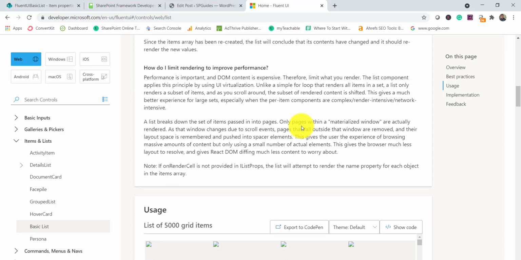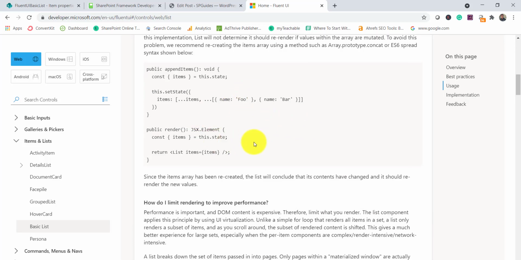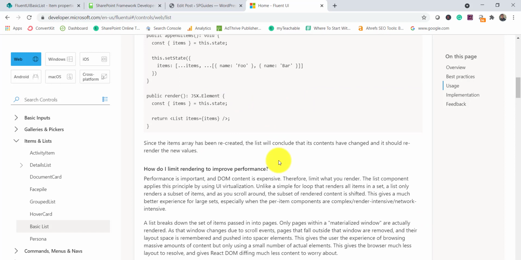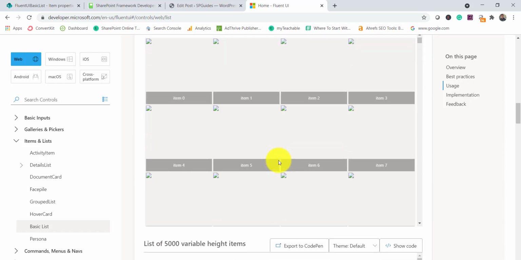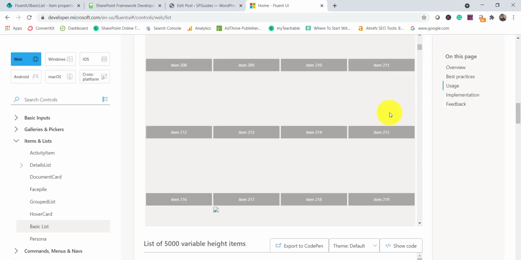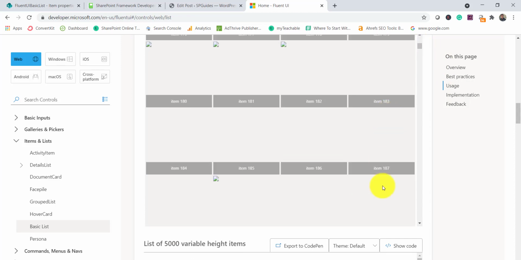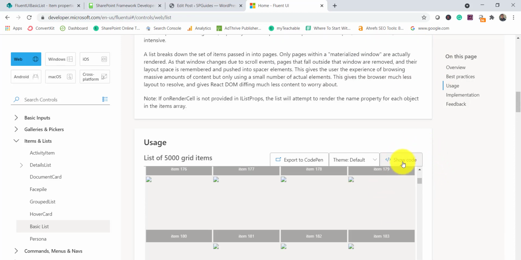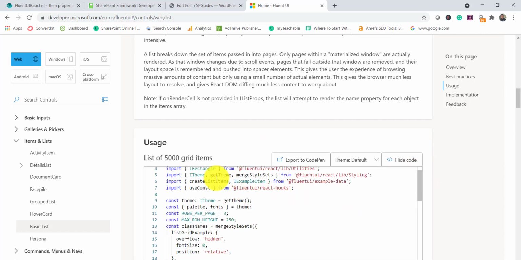There is certain documentation on how we can use it, and also you can see how these items are there. And also if you go to the show code, you'll be able to see the code how it has been used. Now what we will do here is we will read the items from the SharePoint list as well.